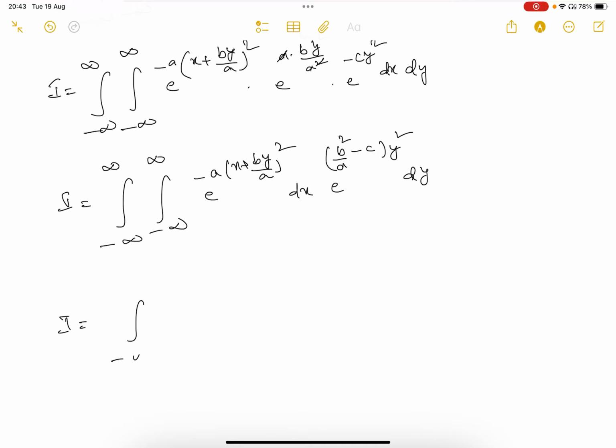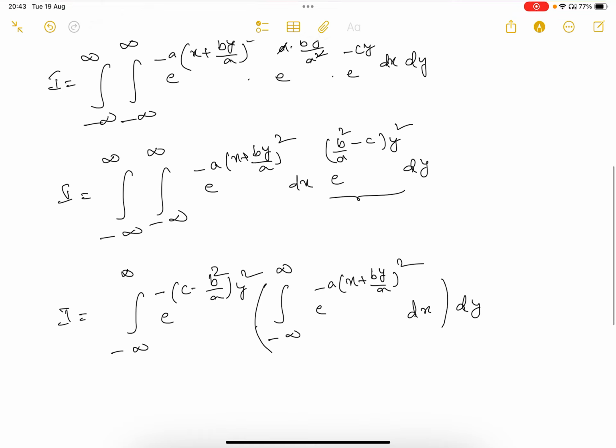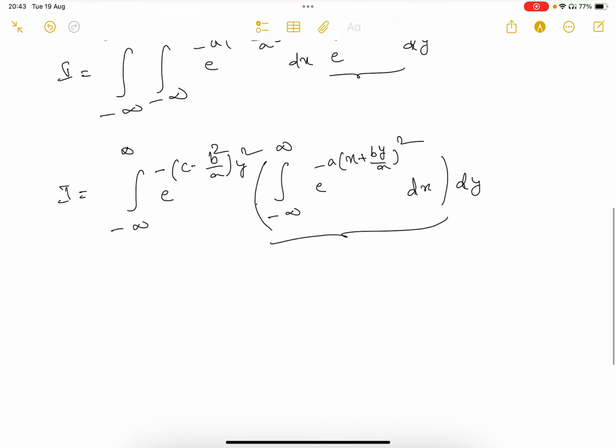This will be the integral minus infinity to infinity e to the power, let's take minus common in this term, then it will be e to the power minus of (c minus b²/a) into y². Then this integral minus infinity to plus infinity e to the power minus a into (x plus b/a y) whole square dx into dy. Let's calculate the thing which is in the bracket first. Right,